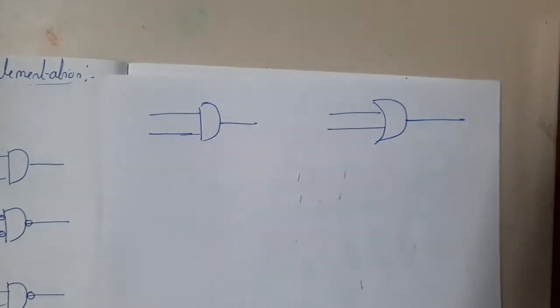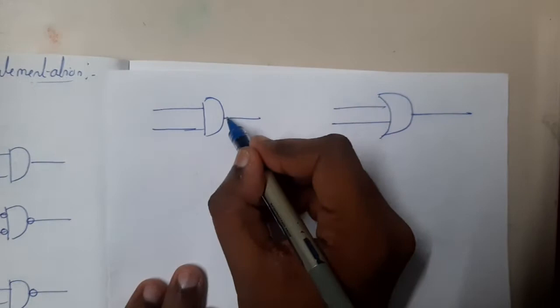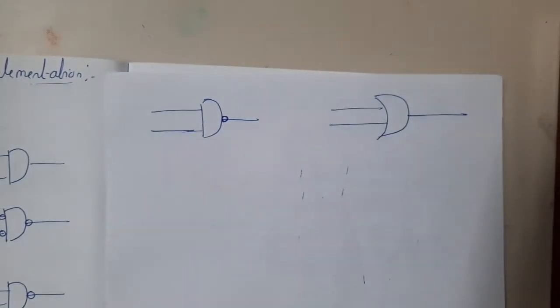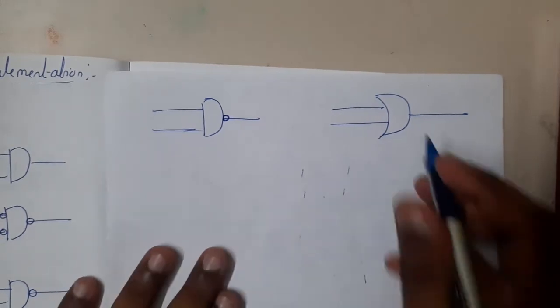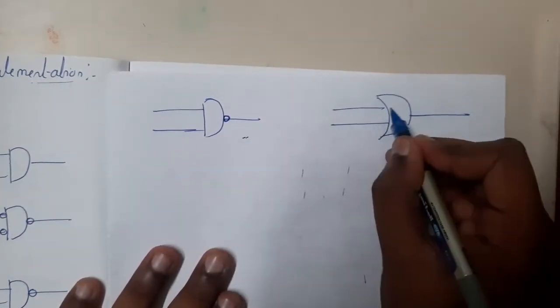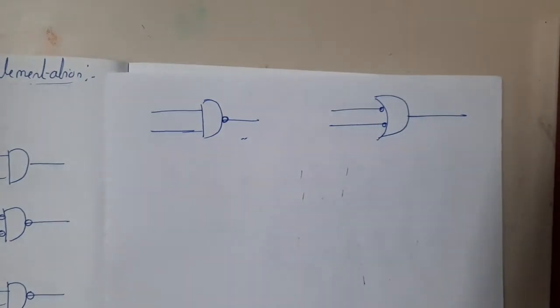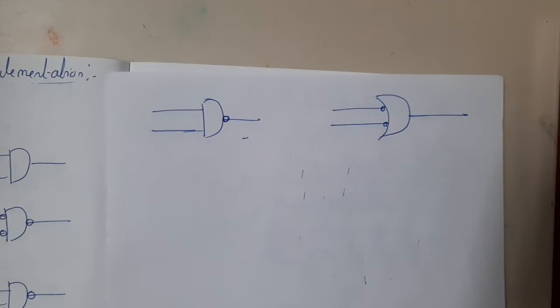Okay, so the first thing is, let us draw NAND, guys. Here you can make a bubble, right? So it is NAND now. Now just for a small example, assume that here you are having a bubble and here you are having both bubbles, guys. So don't ask me questions. First of all, try to understand what I'm trying to show.